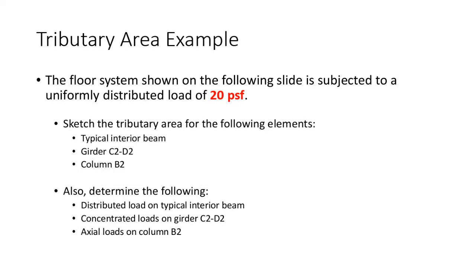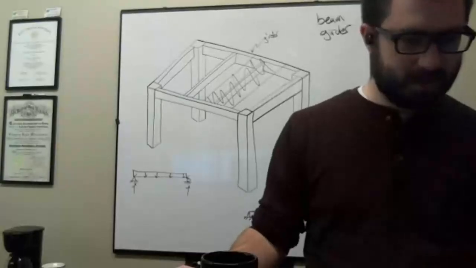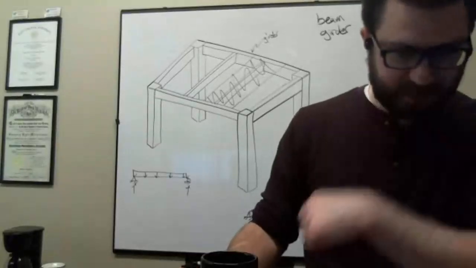So we have a floor system, and we're going to say it's subjected to a load of 20 pounds per square foot. And so I want to look at a typical interior beam, a typical girder, and a typical column. And I want to see if we can use this concept to draw out tributary areas and perform our load takedown. So let me stop this share, and let me pull up the